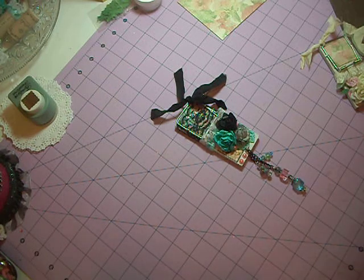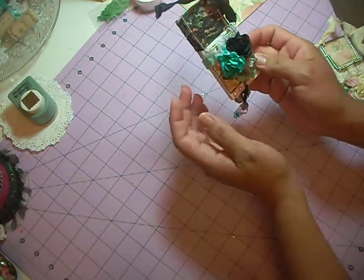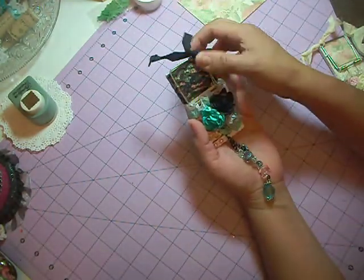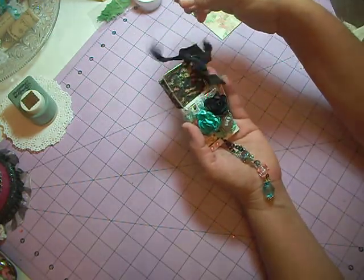Hey everybody, this is Scrap and Tess, and I am bringing you today some altered mouse traps that I made. I'm in a swap that we are doing over at Tinascricutcreate, and